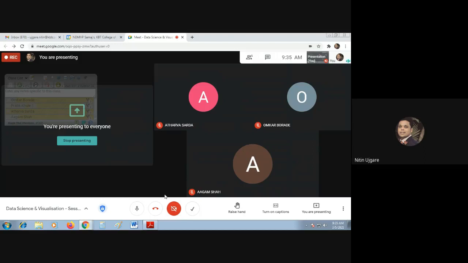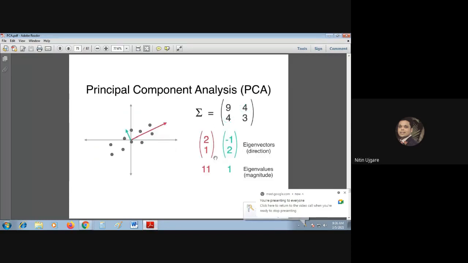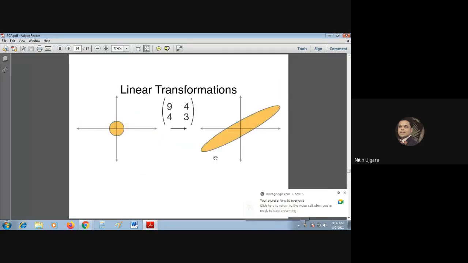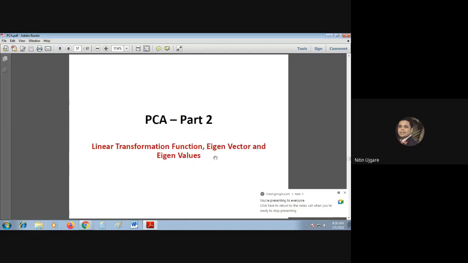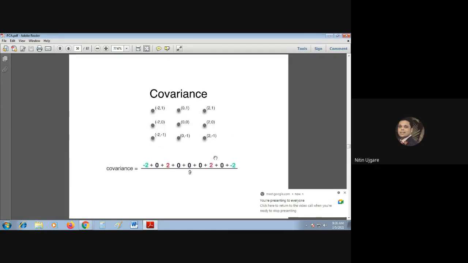And you know how we construct the covariance matrix? The backward diagonal elements will have the variance values of your x and y coordinates, whereas the forward diagonal values of your covariance matrix will have the covariance values for x and y coordinates. I have already told you how we calculate the covariance values. I'll just go back and tell you. Yesterday we saw the covariance matrix. How do we calculate the covariance matrix?